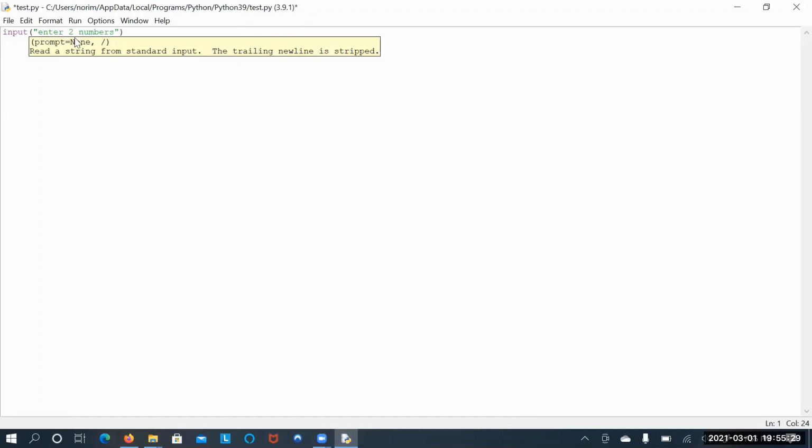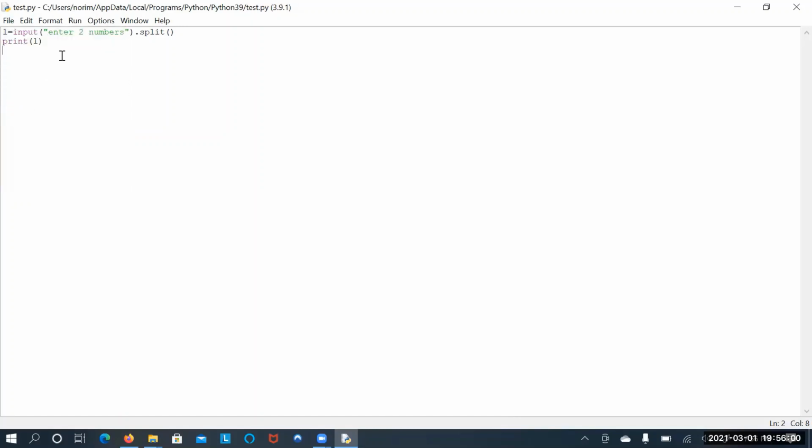On these two numbers, I am applying the split function. Suppose, for example, I take L equal to enter two numbers dot split function. If I print the value of L, let's see what happens.